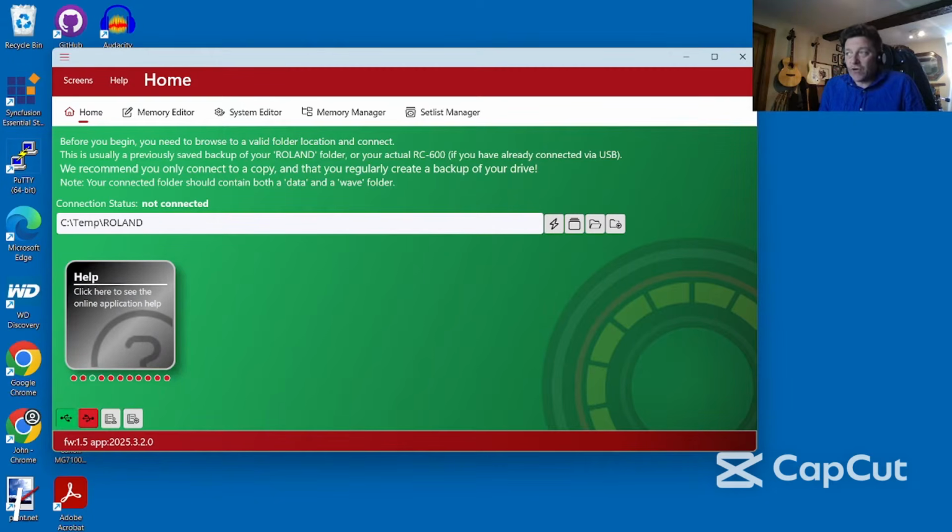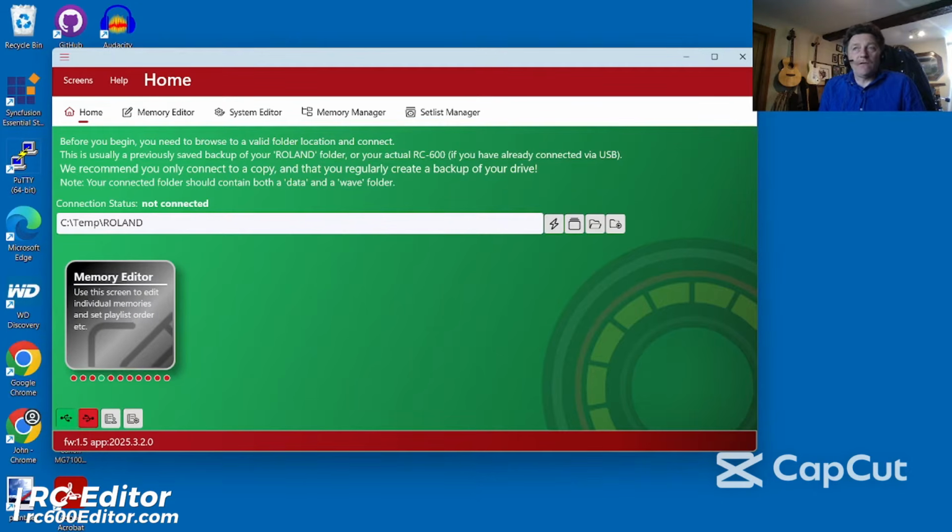The idea behind the rhythm editor is basically to get us away from using that crap rhythm converter that Boss give you in order to get custom drum patterns into your RC-600 or your 505. Hopefully people will find the internal editor in the RC editor much